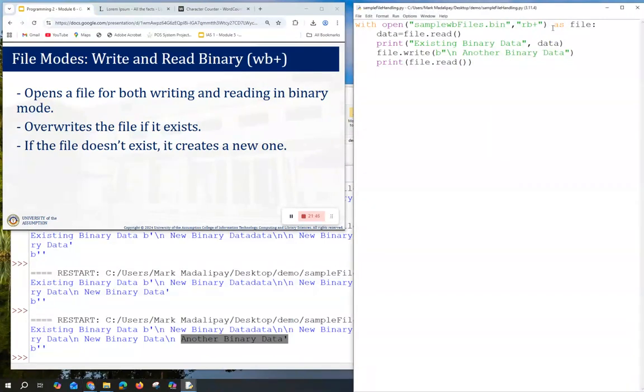In this case, we will have our write and read in binary mode. Okay, so we will write first, then we'll have to read. Okay, so let me have this one, backslash n.